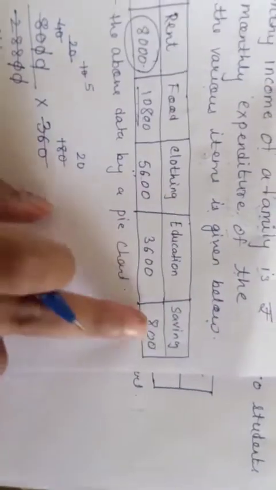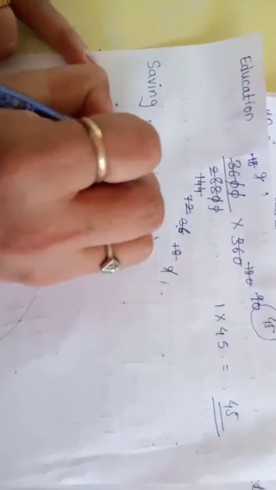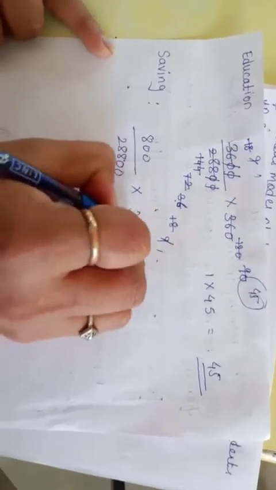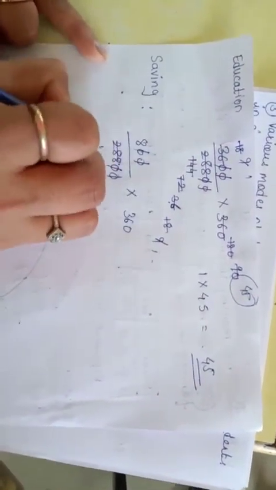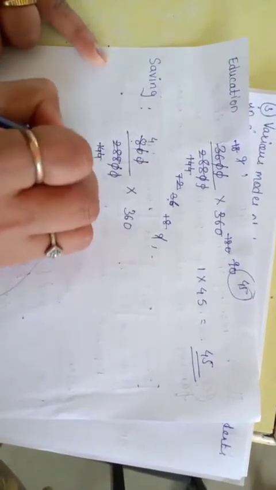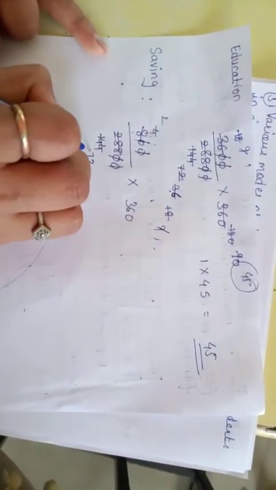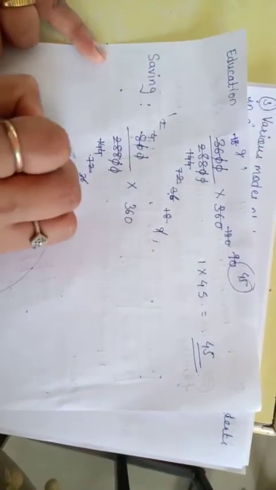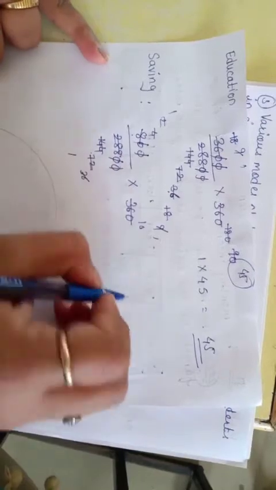Now savings. Now how much is he saving? He is saving 800 rupees. 800 is his saving. So 800 upon 28800 into 360. So we will be reducing this 144. We will be doing it by 2. So 4, then 72, then 2, then 72 will be divided as 36 and this will be 1. 36 ones are 36 and this will be 10s are 10. So the saving will be 10. Understood? These are the values.